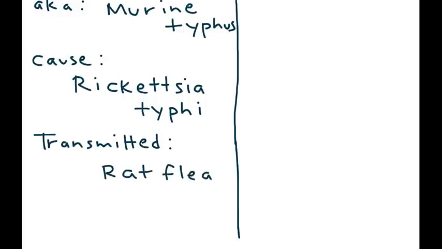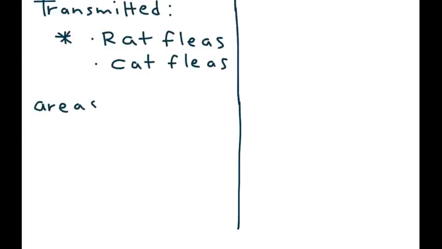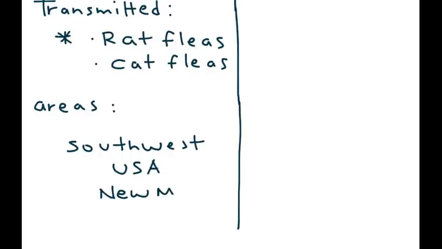This is very important on clinical vignettes. Sometimes it can also be transmitted by cat fleas, but the fleas are a very important part of the vignette that will help you distinguish what is the correct answer. In terms of geographic areas, it can occur in many parts of the world, but on clinical vignettes in North America, you will oftentimes see the southwestern part of the United States. For example, the state of New Mexico